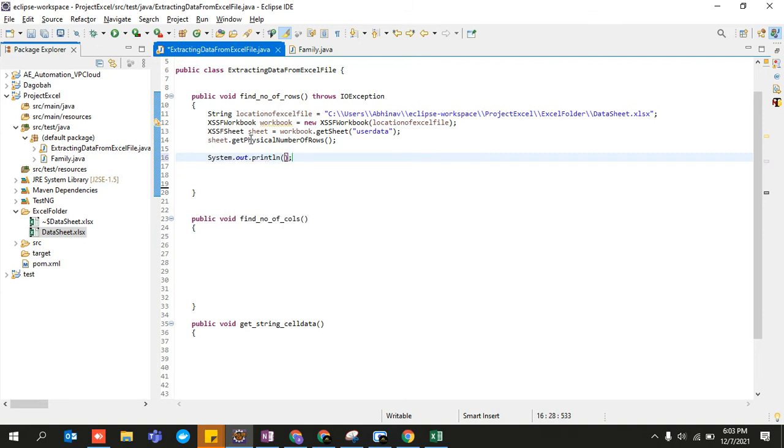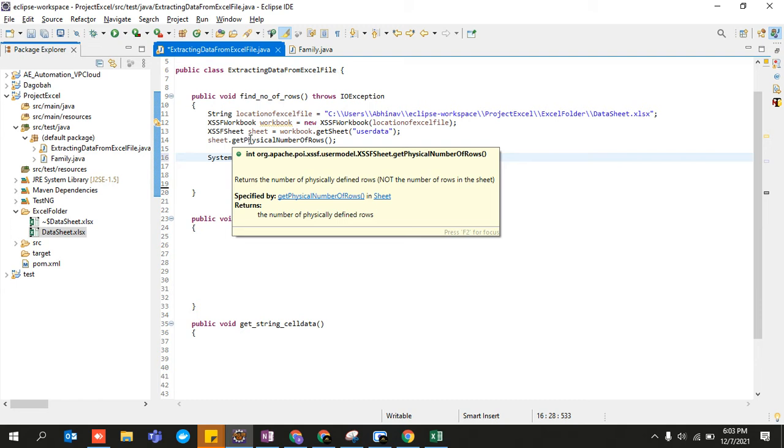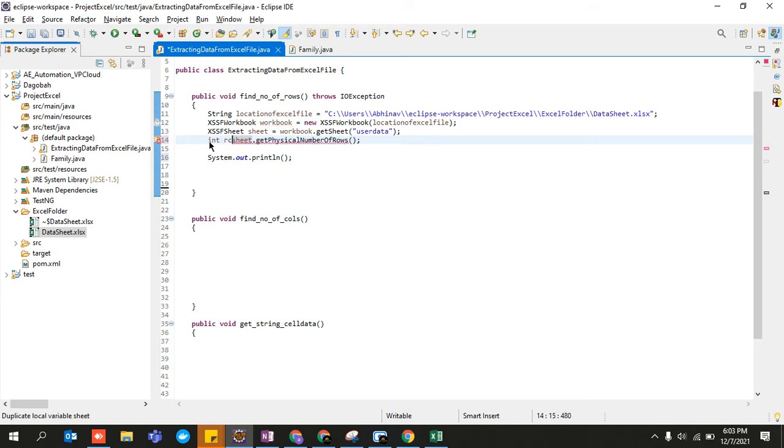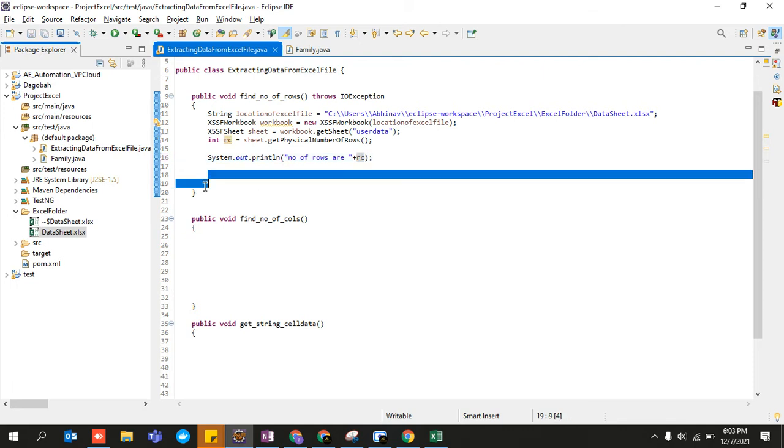And what you are going to print, dot get physical number of rows, the return type of this method is an integer, so you need to store it in some integer. Let's say int rc equals this, and print number of rows are plus rc. I'm just going to print it. That is it.